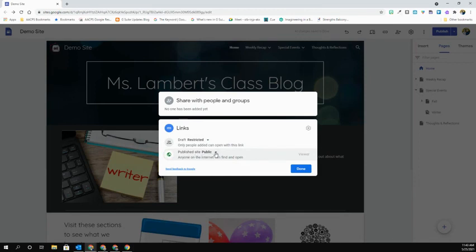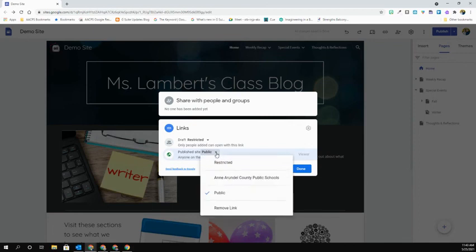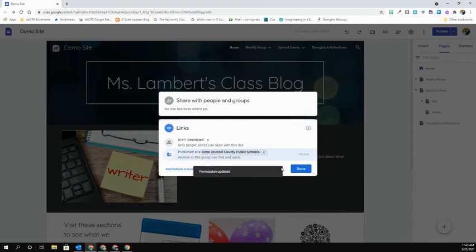So right now it is set to public. Now I want to change that back to just those within AACPS. So I'm going to hit my down arrow and I can choose AACPS and then hit